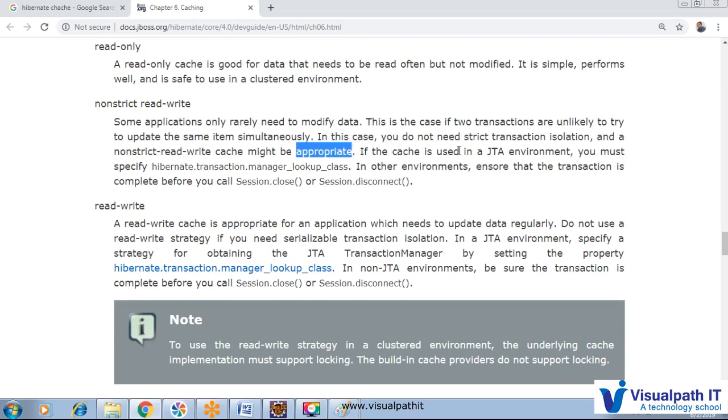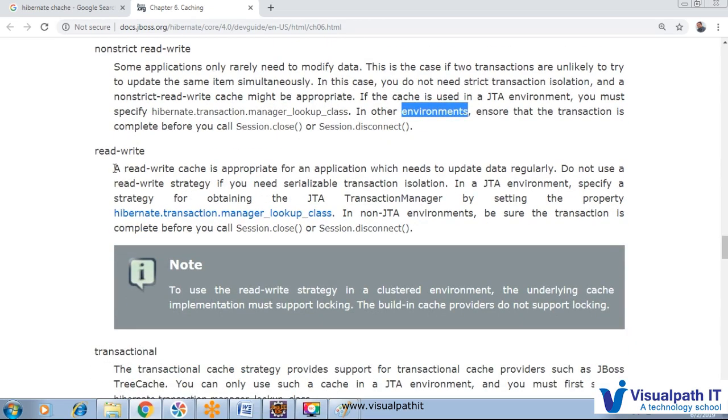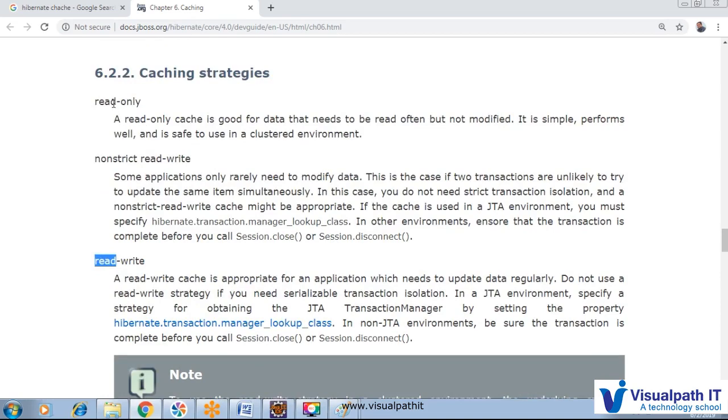If the cache is used in a JTA environment, you must specify the Hibernate transaction manager lookup class in this environment. Ensure that the transaction is complete before you call session.close and session.disconnect. So read write is just the opposite of read only.